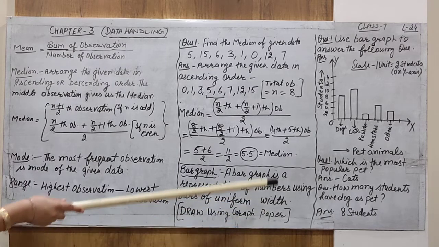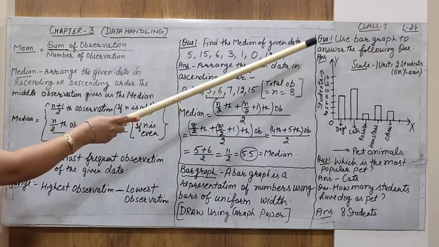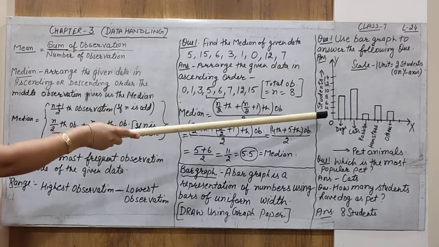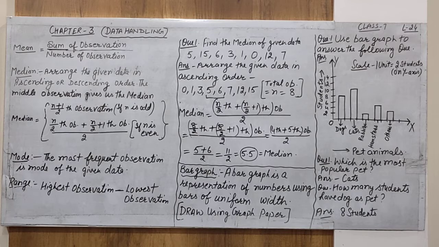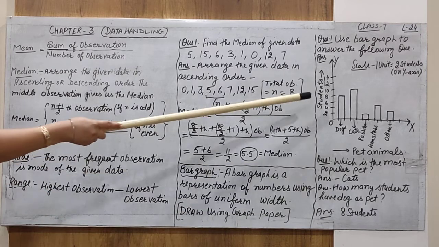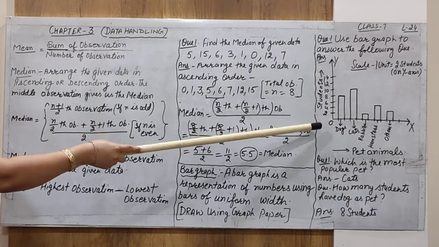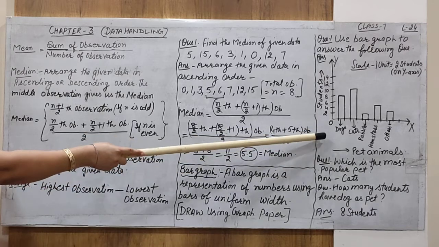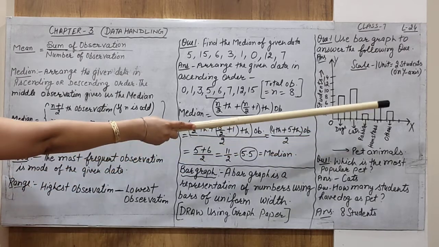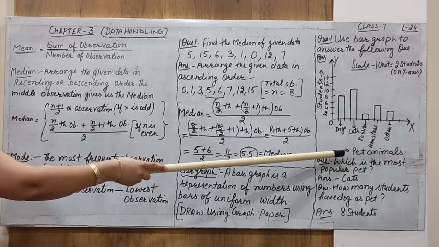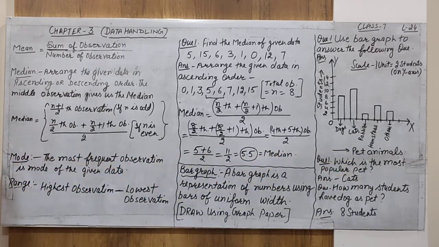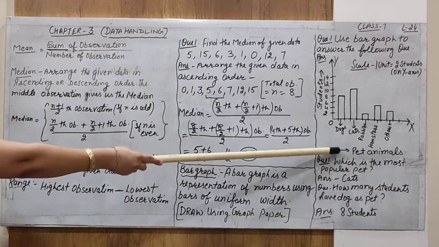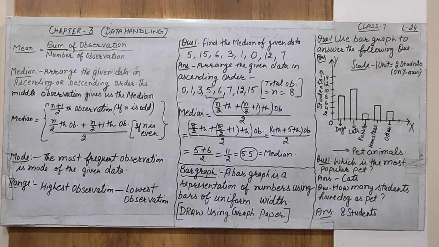Now you must show one more thing: an arrow in the upward direction. Upward direction means from 0 upward, the numbers are in increasing order. We must show an arrow towards the increasing order of the values because the numbers increase on the upward side. Next, towards the x-axis, from 0 the values increase, so you have to show an arrow towards the x-axis as well. And what is represented here? Pet animals. The x-axis represents the pet animals.